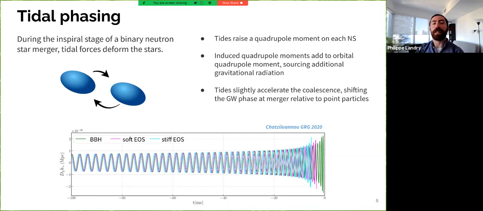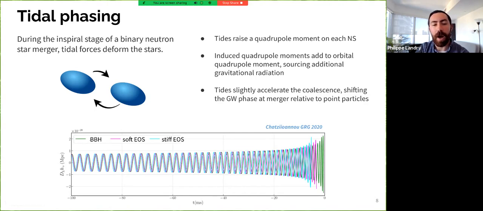That means that there's a little bit more power in gravitational radiation that's going to be emitted, and so that's going to draw energy out of the orbit a little bit faster, with the net effect that a system of two neutron stars with tides like this is going to arrive at merger a little bit sooner than the equivalent system for point particles. And so this shows up as a phase shift in the gravitational waveform, which is shown